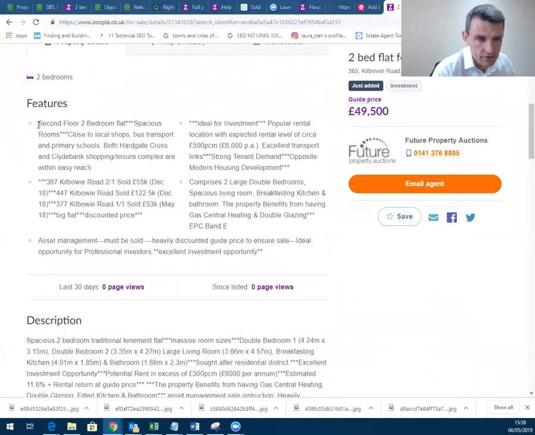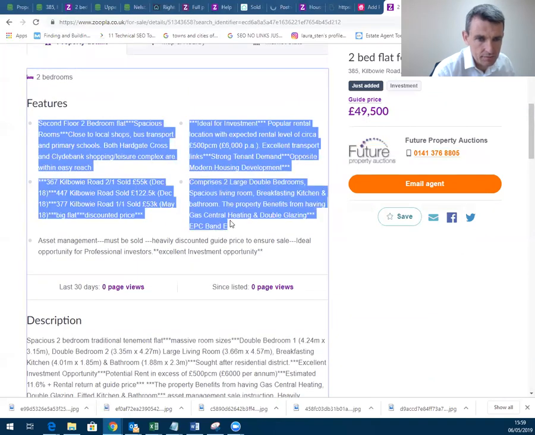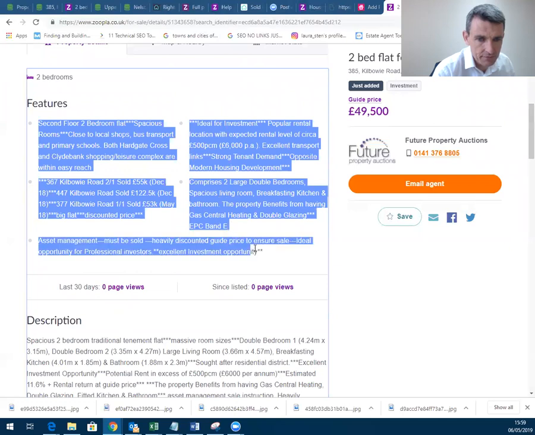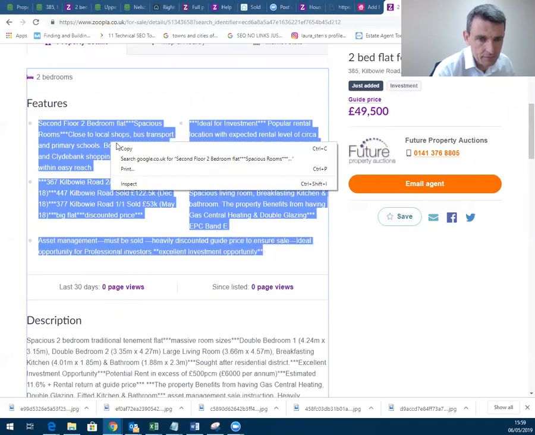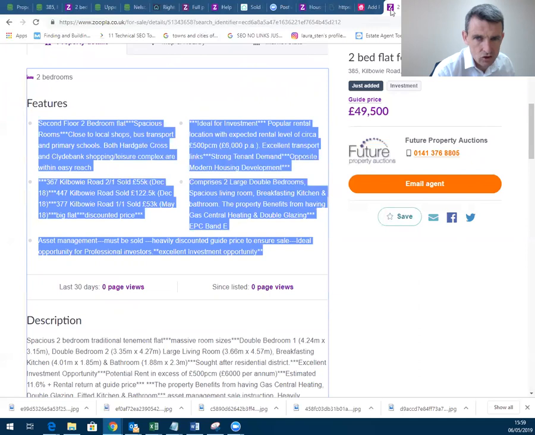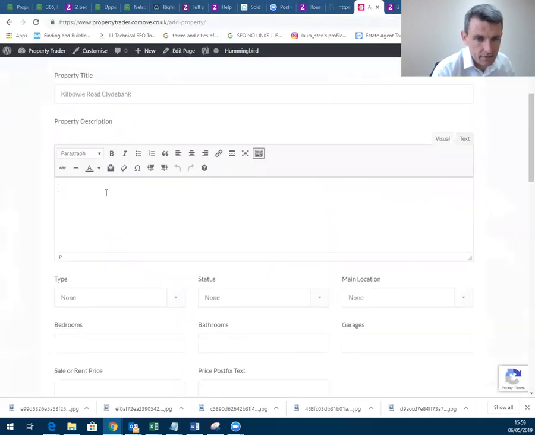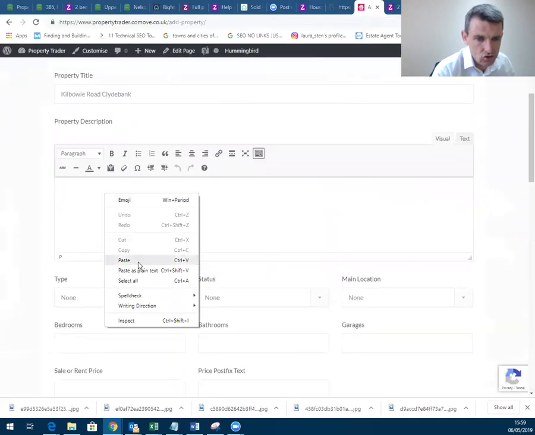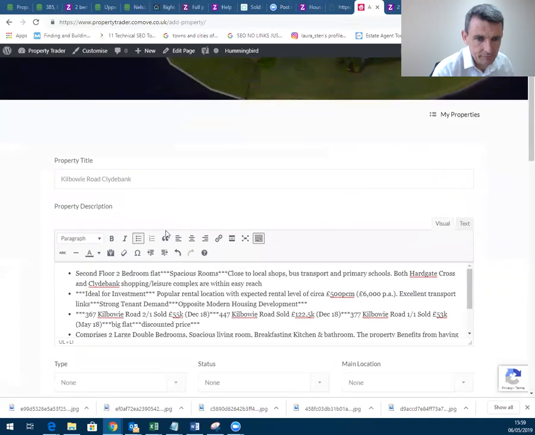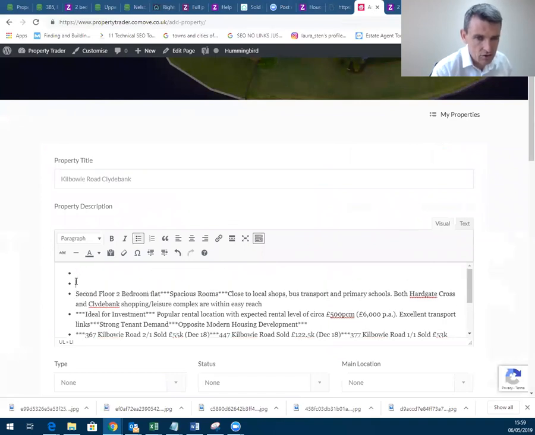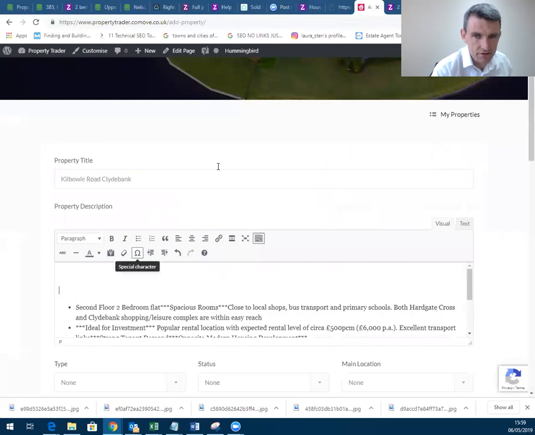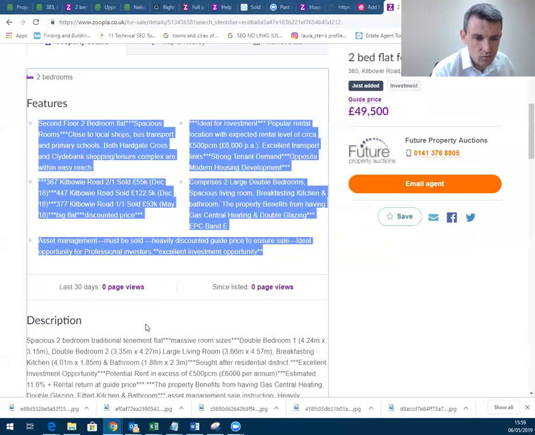I think I'll take the featured part first. And I'll just drop that in there and just make sure that it looks okay. So this particular agent has kind of put lots of stars and asterisks next to their information, which I'm not that attractive. So for this one, I'll just